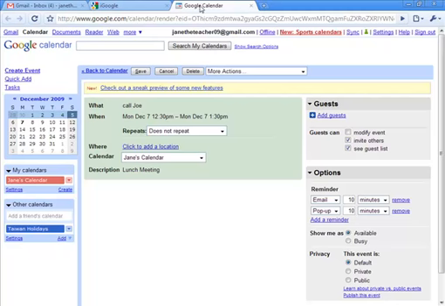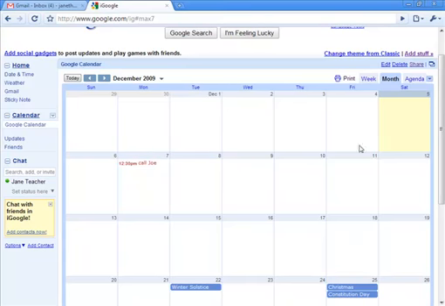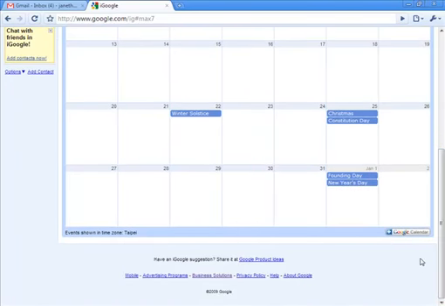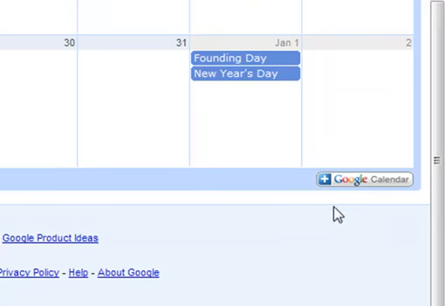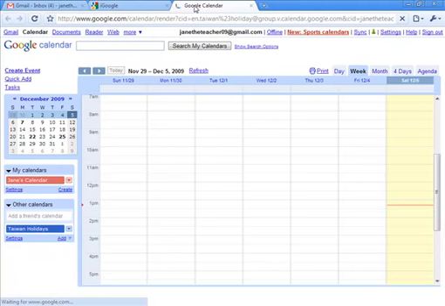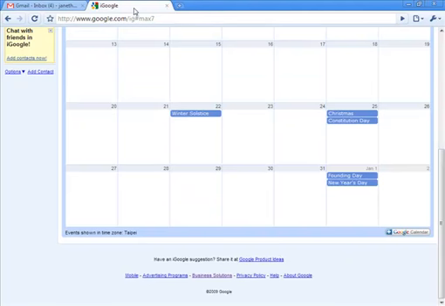Now, see how this tab is opened here? Okay. So I'm going to close it back out so I can go back to iGoogle. Alright, and there's another way that you can also go to the Google Calendar, and it's down here at the bottom here. And that will take you right to the Google Calendar if we click on that one. Now let's do it really quick, and you'll see it will launch a new tab. And it does. And here we are again. Okay, and I'm in Jane's calendar. And I could go and edit it now. Okay, I'm going to close this back out. And I'm going to scroll back up